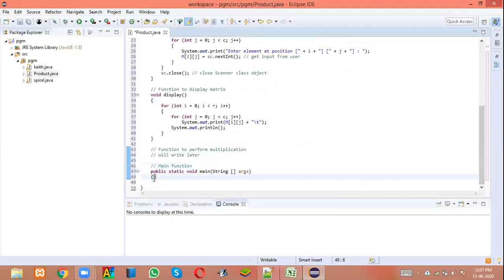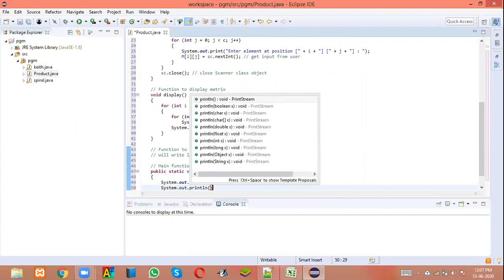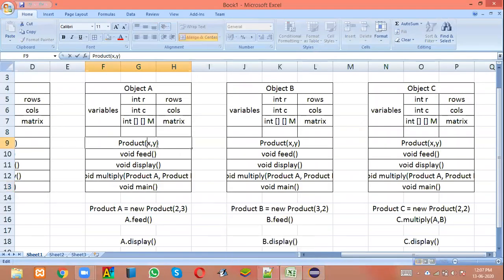So what I have to do? Let me just give an introduction. System.out.println Java matrix multiplication. Now listen very carefully. If I have to invoke this constructor, these are just examples. All this I should get as user input. These are not what I already know. So I need to get the number of rows of the first matrix, number of columns of the first matrix, number of rows of the second matrix, number of columns of the second matrix. All this has to be user input. So I need to get 4 variables as user input.